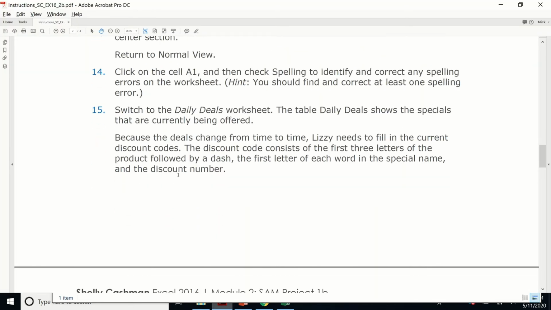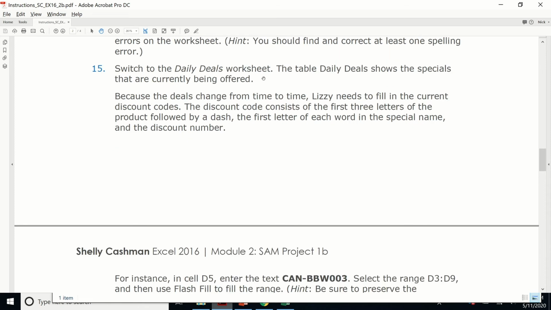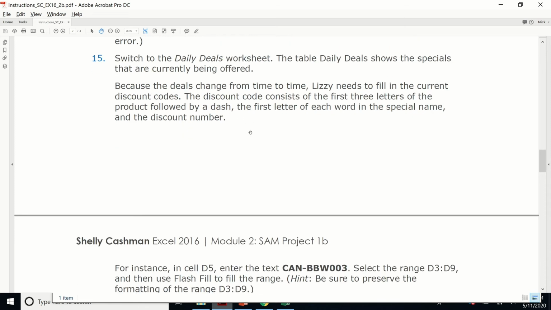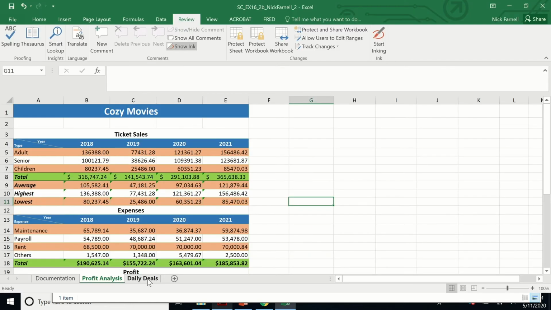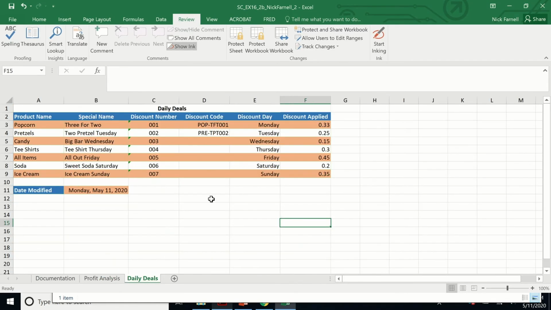Over to 15 now. We're going to look at the daily deals worksheet showing the specials that are currently being offered. So the idea here is that there are different sales, different specials, different discount codes at this movie theater, and we're going to try to use Excel to help us generate these, save us a little bit of time. If we go to the daily deals tab, we can see the discount codes here. So this first discount code, POPTFT001,